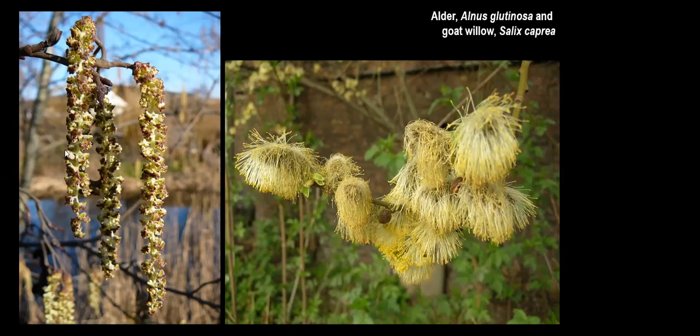On the left here, we have the flower spike of an alder. Alders are almost entirely restricted to river margins and fenland habitats. And alder are unusual in many respects compared to a wide range of trees because they have an extraordinary and rather unique ecological adaptation where they've got a symbiotic relationship with a bacteria called Frankia, which means they can synthesize nitrogen and actually help produce their own